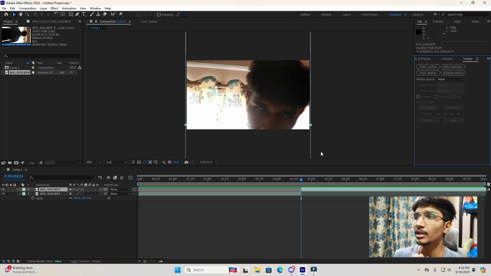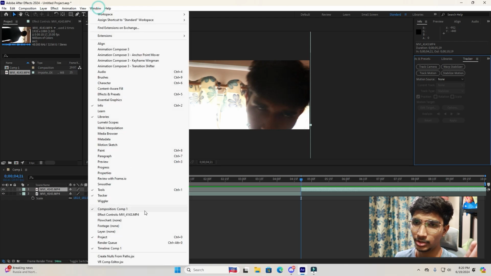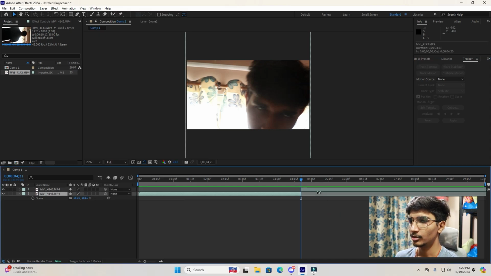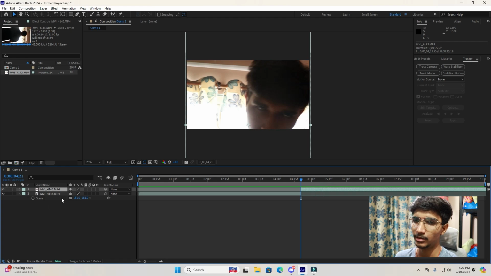If you don't see the effects and presets panel, the essential graphics panel, or the align panel, whatever panel you cannot see, you can find these panels in the Window tab. So make sure to explore the Window tab also if you can't find what you need in the main default screen. So just click on that duplicate layer. We're going to rename it by pressing Enter and typing